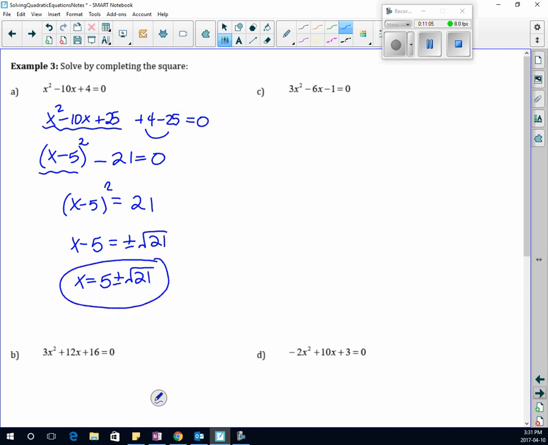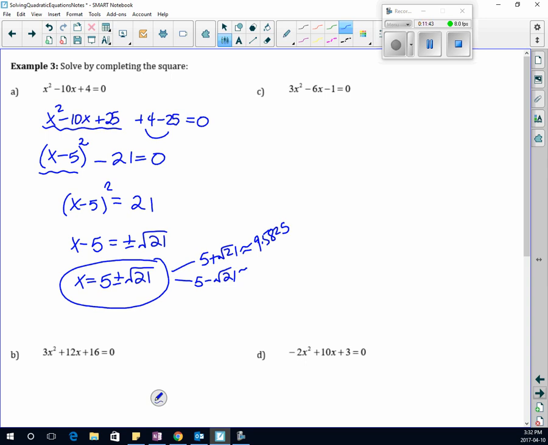Again, if I were to punch this into my calculator, I would get 5 plus root 21 and 5 subtract root 21. And if I wanted to have, say, correct to, I don't know, say four decimals, I just punch it in my calculator. 5 plus the square root of 21. And I get approximately 9.5825. And the same thing with a minus